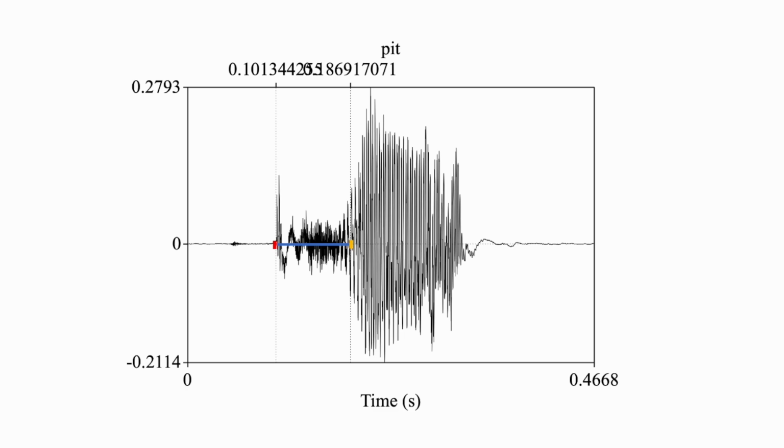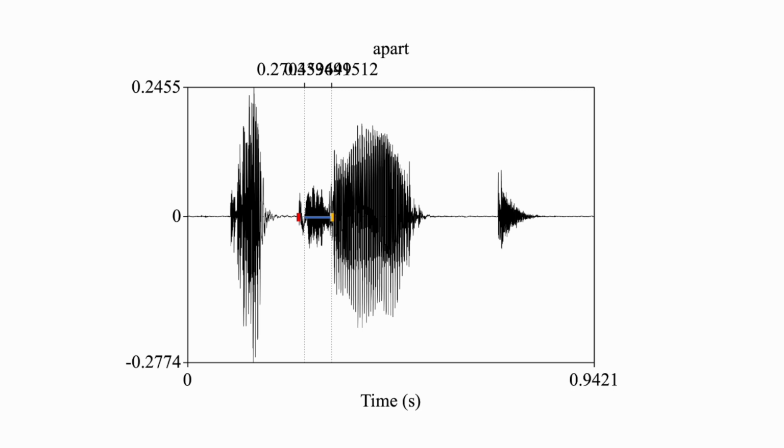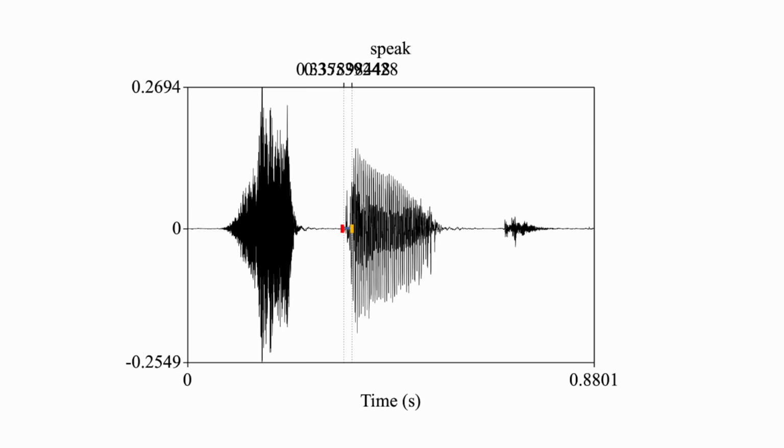But I want to draw attention to the length of the VOT, the voice onset time, in the word pit in the spectrogram, as it is roughly 85 milliseconds. Now, if we look at another example of an aspirated P, we also see here that the VOT of part, which is also aspirated, is roughly 70. Now, taking the aspirated Ps of pit, the previous example, and part in this example, and comparing them to a normal unaspirated example, as shown here in speak, we notice that the spectrogram,